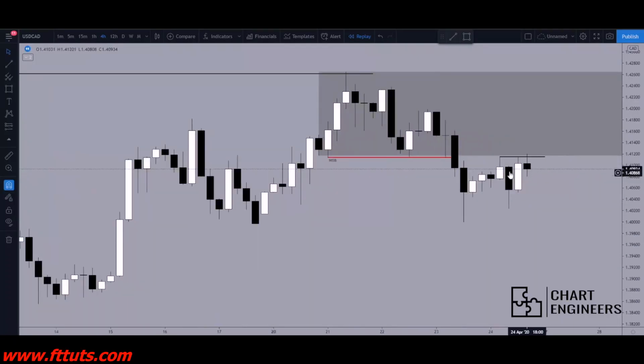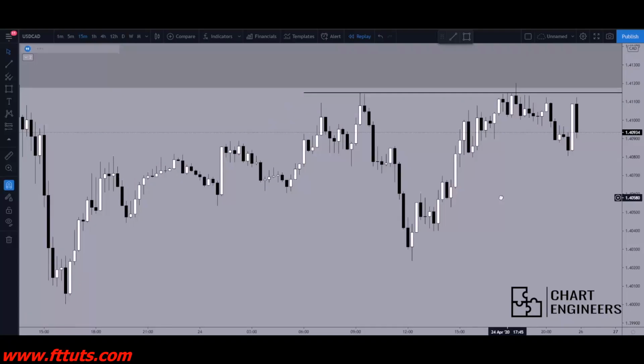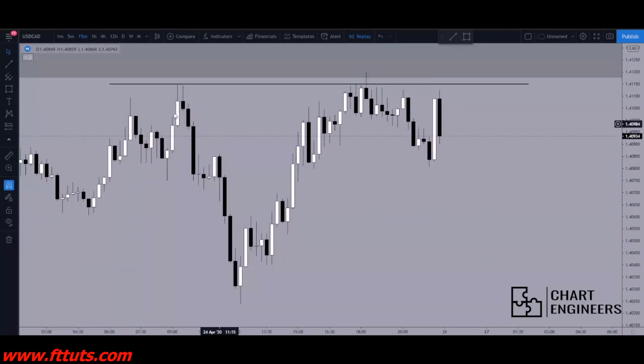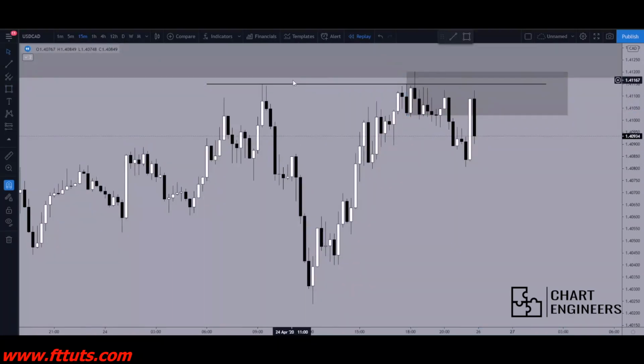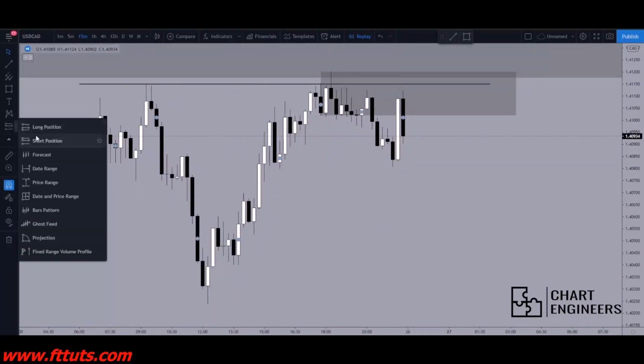So here we can see our raid, and then I'll just go down to my 15-minute, and now here is my 15-minute breaker zone that I'm going to be entering off of, and then I'll just set my sell limit,